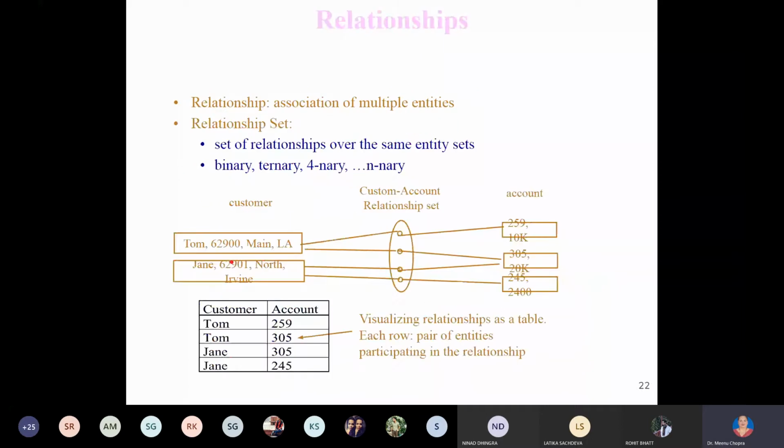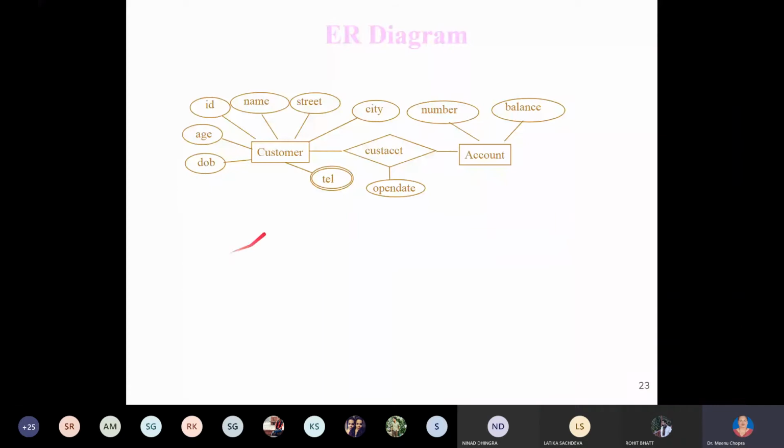I think we discussed the relationship set in the morning. This is the diagram we discussed. This is the entity with its attributes. This is a relationship, customer account number. This is the account number. And similarly, these are the attributes of the account. These are the attributes of the customer. And this is multi-valued. So telephone can be referred to as multi-valued, that is why it is double ovaled. All others are single valued.